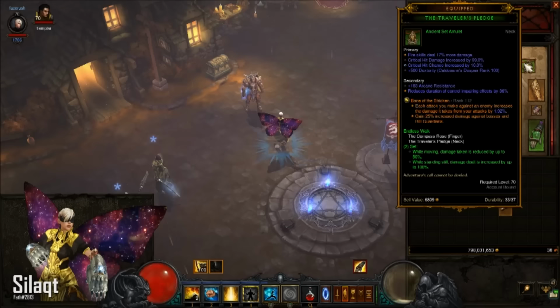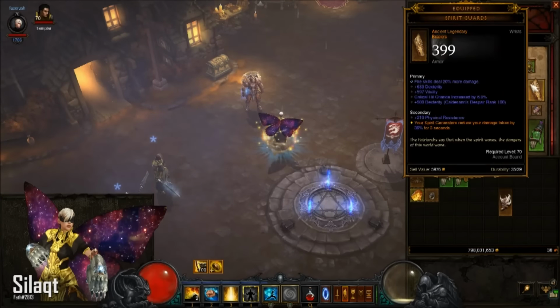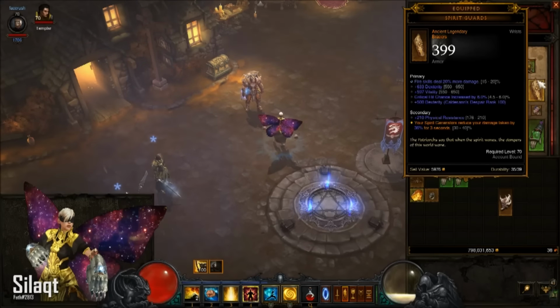For your neck you want elemental damage, in this case it's fire. Then you want critical hit chance, critical hit damage, secondary resistance and socket. For your Spirit Guards you want fire damage, dex, vit, crit, secondary resistance, and the passive, the orange text, should roll as high as you can get it. It rolls from 30 to 40% and it's really mandatory to get a high roll. I didn't manage to find decent ones with 40%, so I'm sticking to this because they are really well rolled